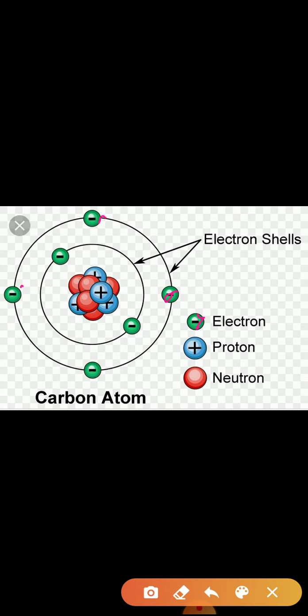An electron is a negatively charged subatomic particle and is denoted by the symbol small e. Each electron carries 1 unit of negative charge. The mass of an electron is about 1800 times less than the mass of hydrogen. Therefore, the mass of an electron can be treated as negligible. Electrons in the extranuclear part revolve in discrete orbits around the nucleus. You will see electrons in the first orbit and in the second orbit. The first orbit contains 2 electrons and the second orbit contains 4 electrons, like this.